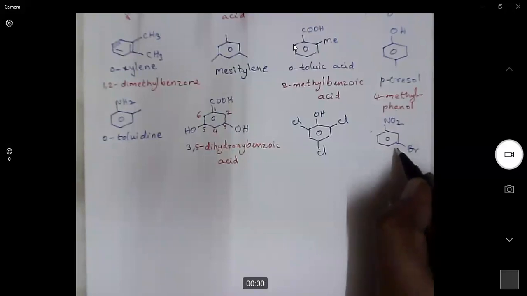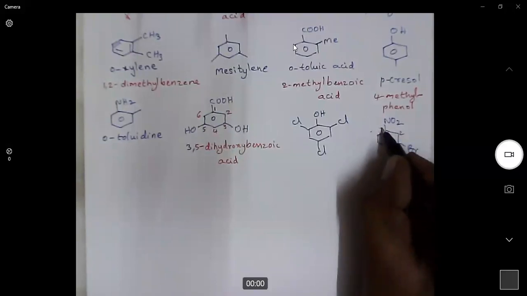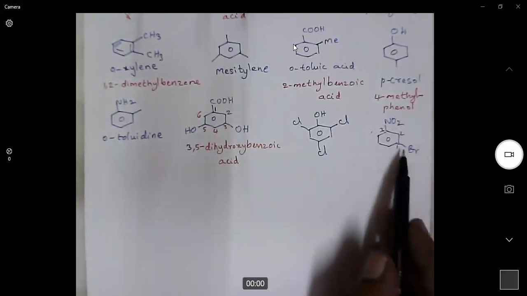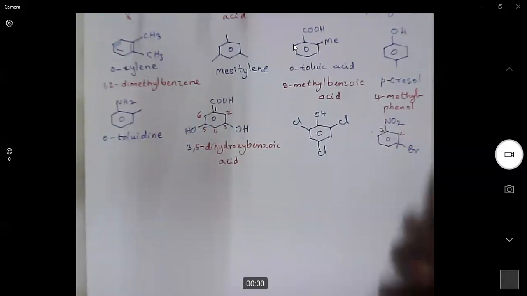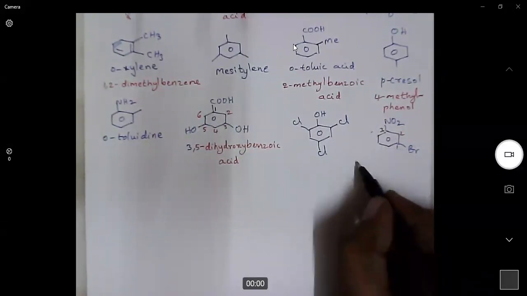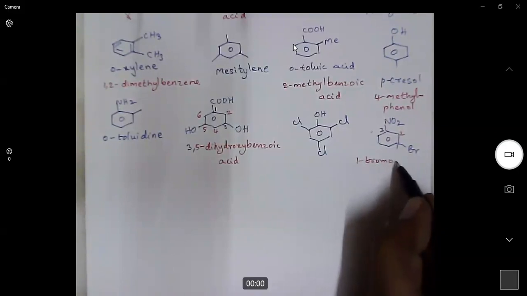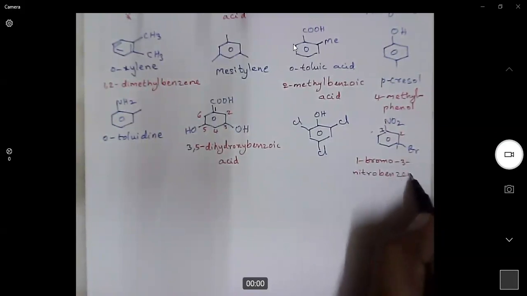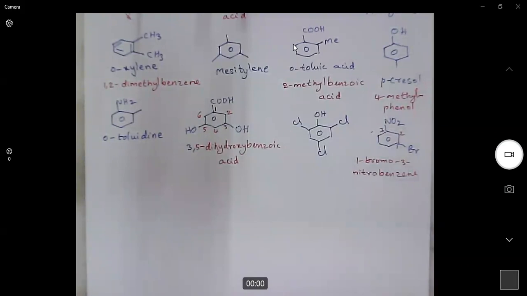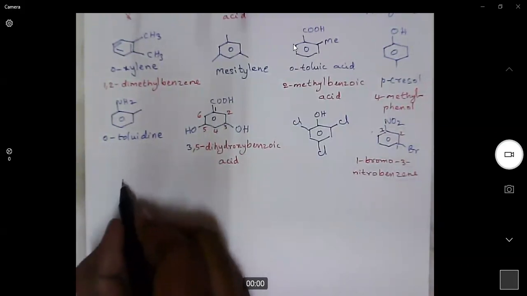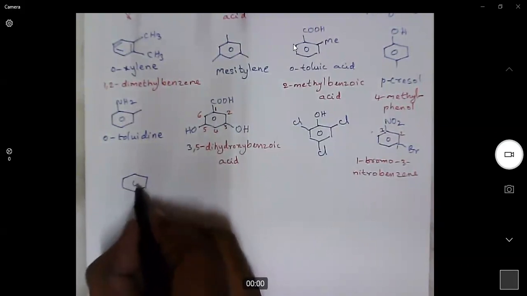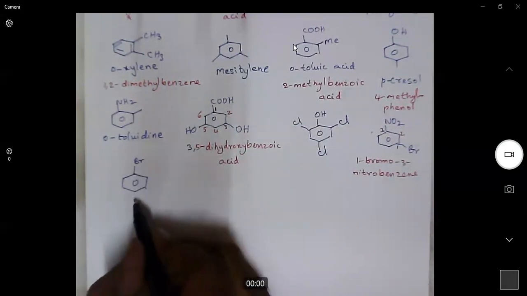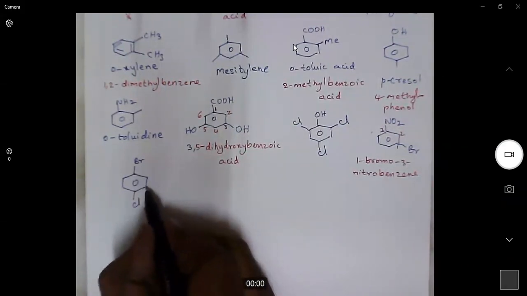In writing the nomenclature, we can give the numbering like this, because if you give 1 to nitro, it will be 1,3. If you give 1 to bromine, then also it will be 1,3. So just go for 1 for bromine: 1-bromo-3-nitrobenzene. But I'll give you an interesting example where we must decide whether to follow the numbering according to alphabetical order, or according to the lowest sum rule.